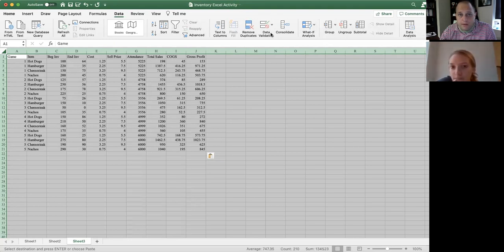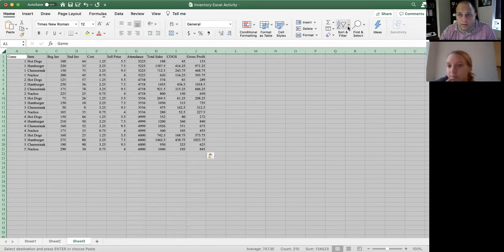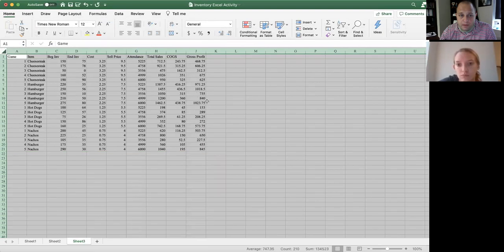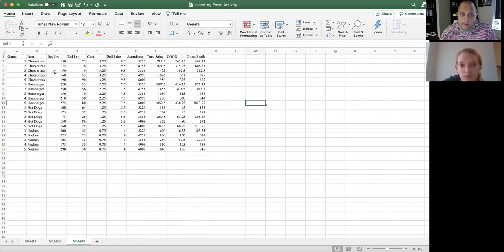there we go, sort, and we need to sort it by items. All right, so we're going to sort by item. Now that we sorted by item, because we don't want to know if the ending inventory could be off because different things sell at different paces, right? So what we want to know, let's do an ending inventory